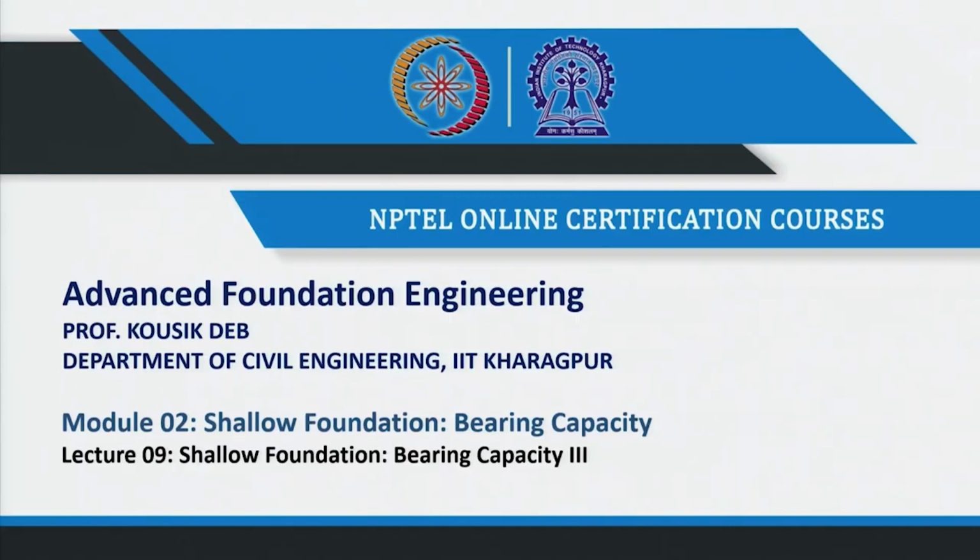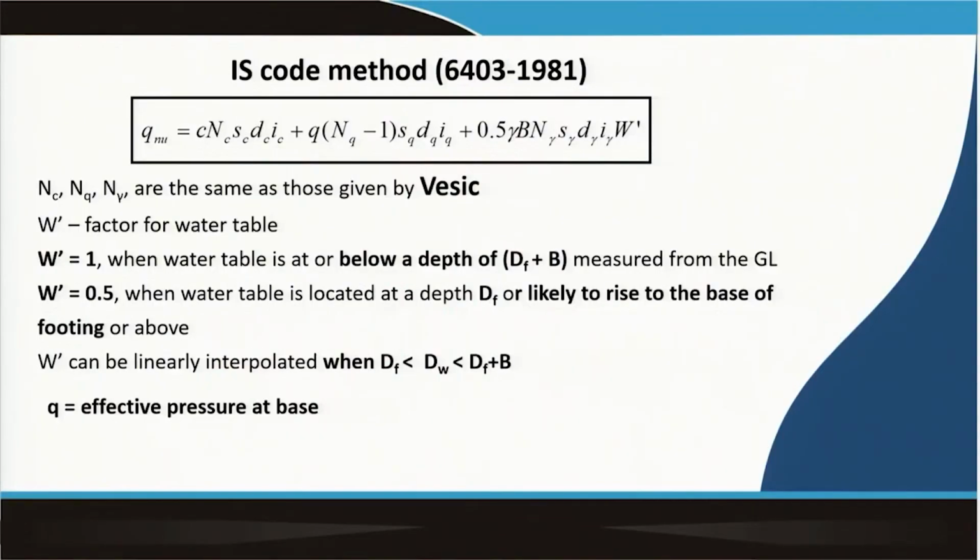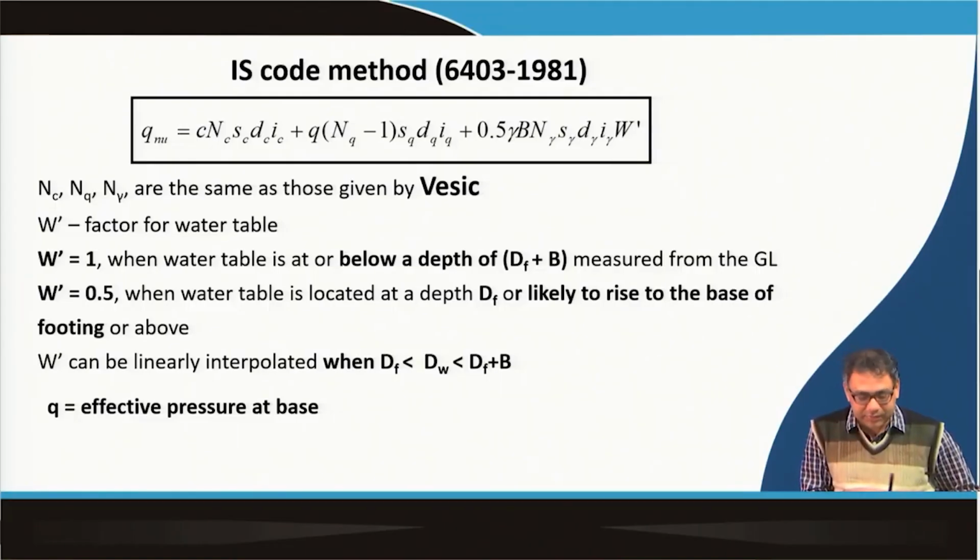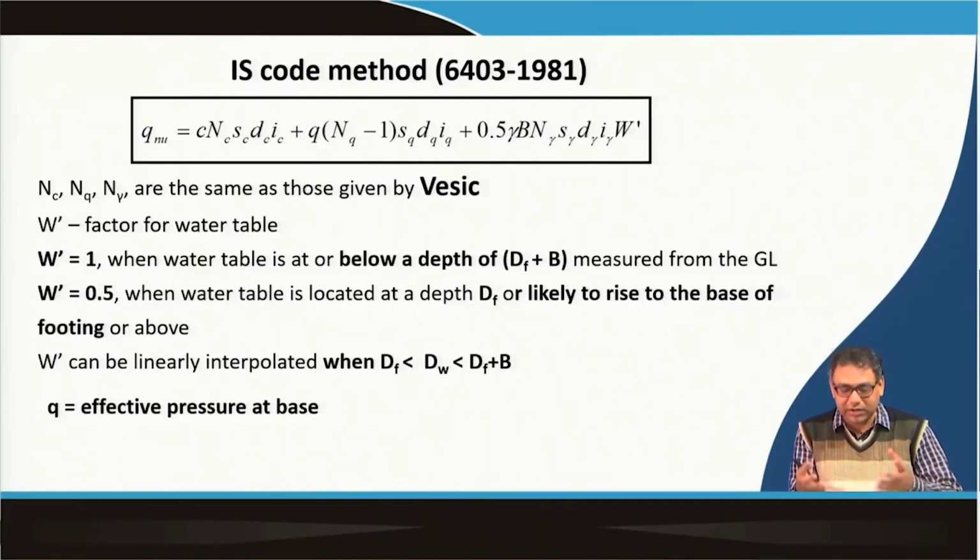So, like the previous different bearing capacity theories, IS code also has recommended a bearing capacity equation by which we can determine the net ultimate bearing capacity. This is similar to the general equation that we have discussed. Here also Sc, Dc, Ic, that means the shape factor, depth factor, inclination factor, are proposed, and the Nc, Nq, N gamma values are similar to the values proposed by Vesic. So, we have to use the Vesic table for the N gamma calculation, and for Nc and Nq they are similar to Meyerhof's